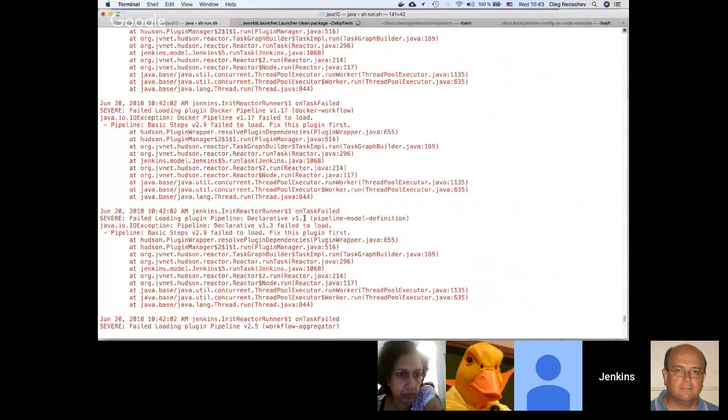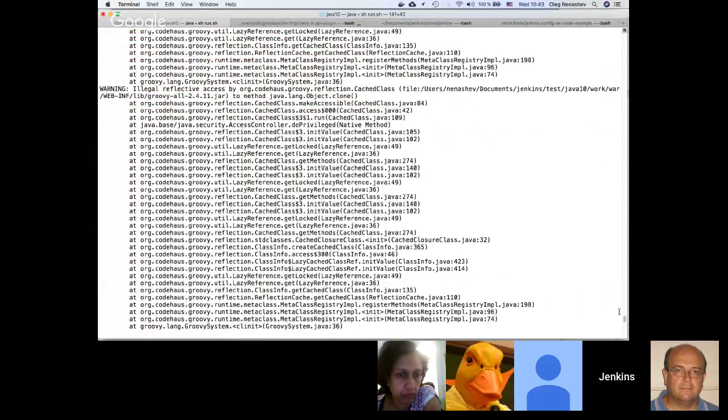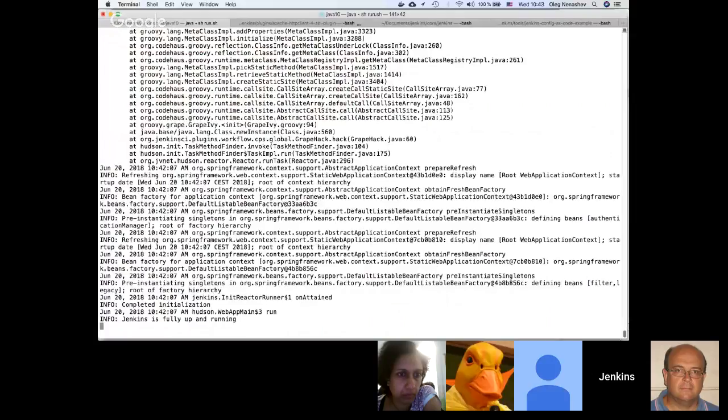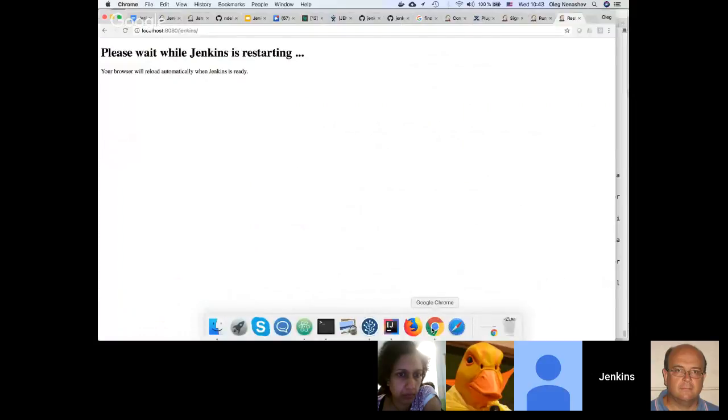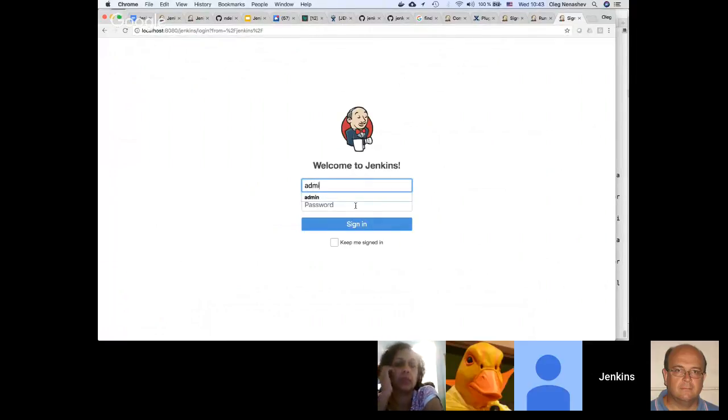So currently Jenkins has all the scans in place. It just refuses to start up the plugins, but effectively your Jenkins instance is still running. So you just lose some plugins, but it's a recoverable state for Jenkins.